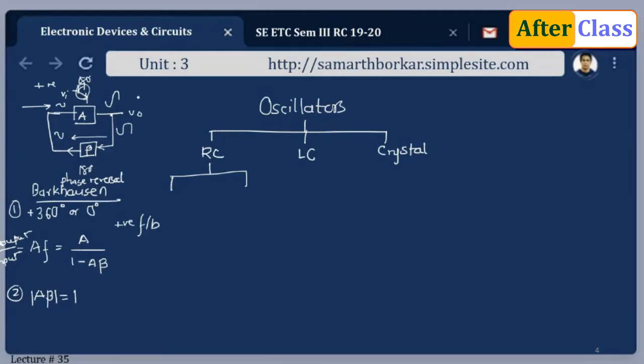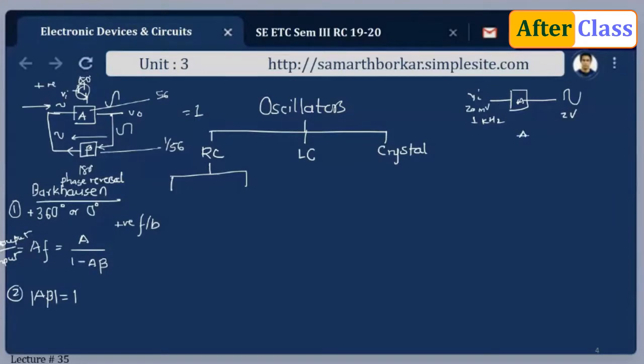Just take A equal to, for example, 56, then this beta should be 1 by 56. So when I take the product of the two, I'm going to get unity, that is 1. What is this 56? It is simply a gain. And how do we calculate the gain? You take the amplifier and apply a signal of, say, 20 millivolts, and the frequency has to be 1 kilohertz, and check what the output is. If it is 2 volts, the gain is 100.